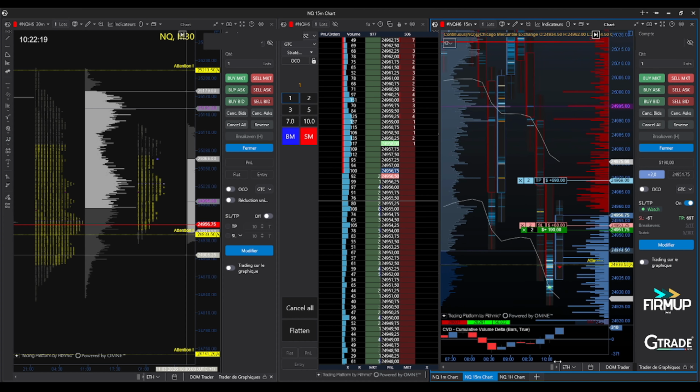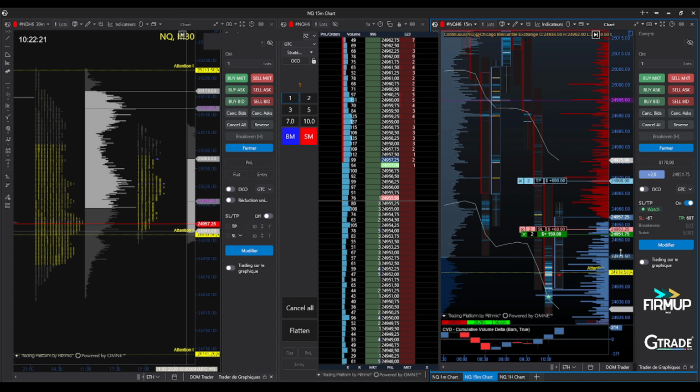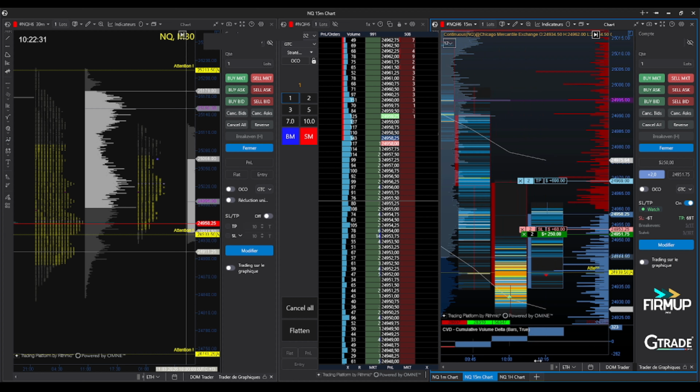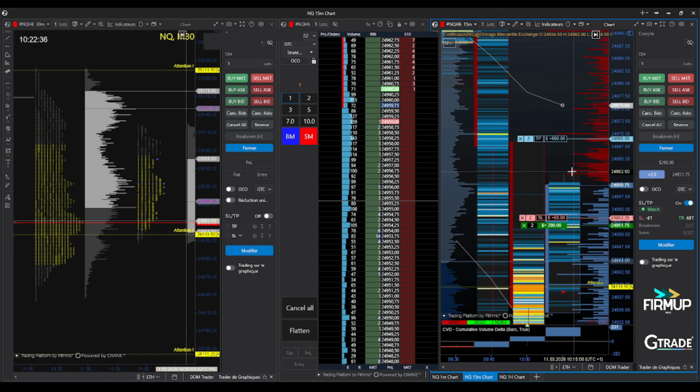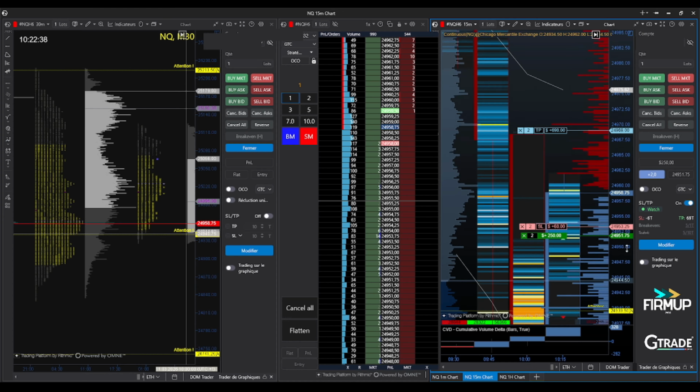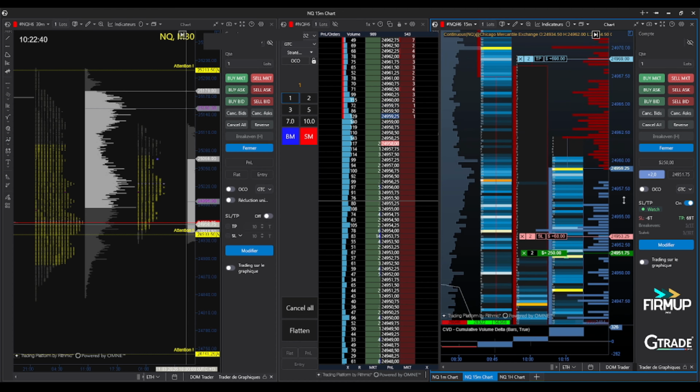As soon as the position starts moving in my favor, I quickly secure the trade at plus $60. This means that I move my stop in a way that locks in part of the profit while still allowing the market room to move. This step is extremely important in my risk management process because it helps reduce exposure to the market while protecting